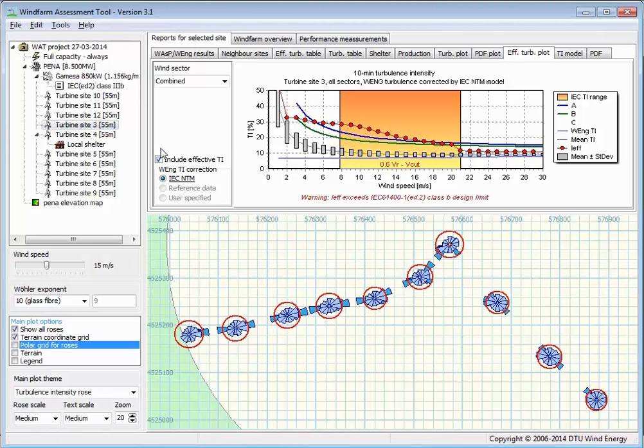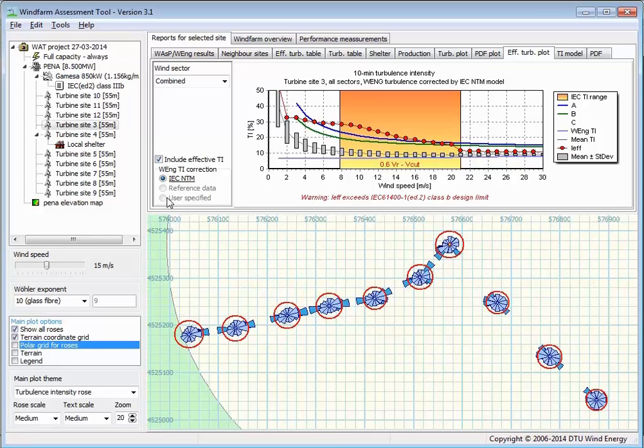Okay, but the main purpose of this part was, instead of what we know here, that we use this modified IEC normal turbulence model, maybe it would be better to use observations from a mast.